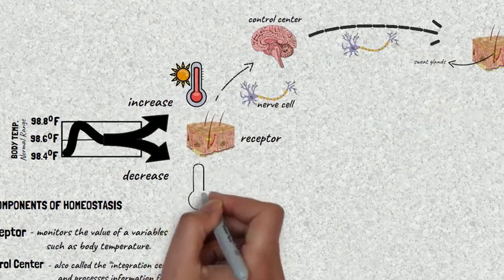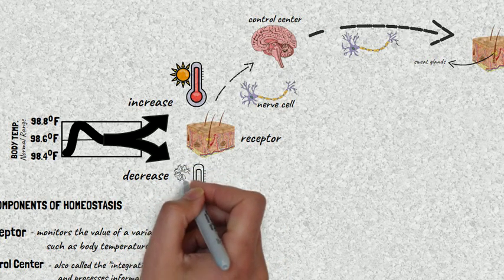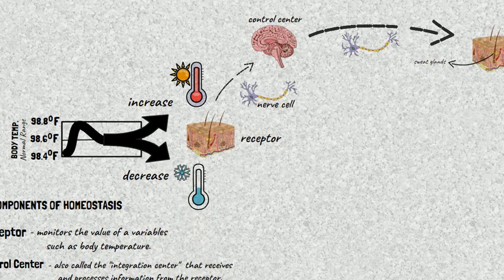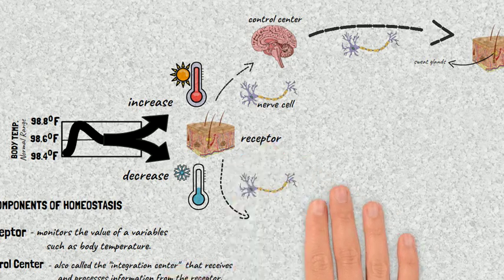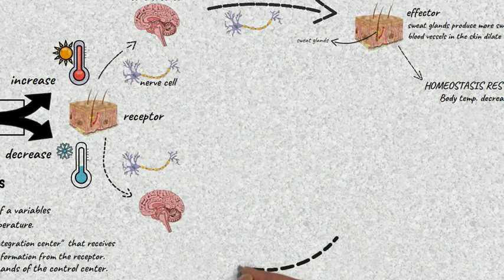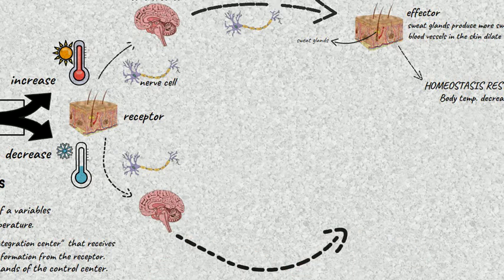The same mechanism happens when the body temperature decreases. The skin receives the signal of decreasing body temperature. The receptor sends information to the control center through the nervous system. Then the brain causes an effector to respond. In this case, the control center would command the effector to decrease the sweat production and constrict the blood vessels